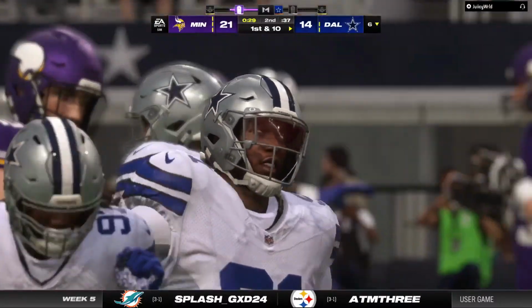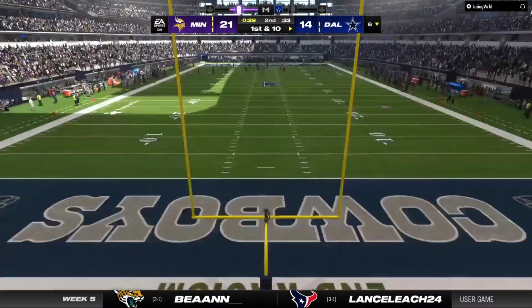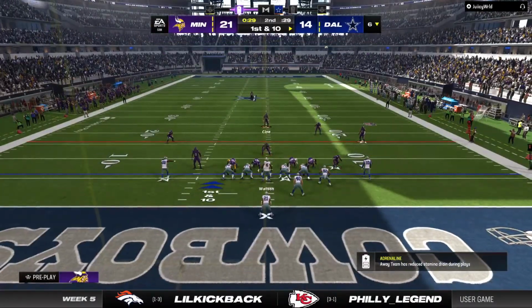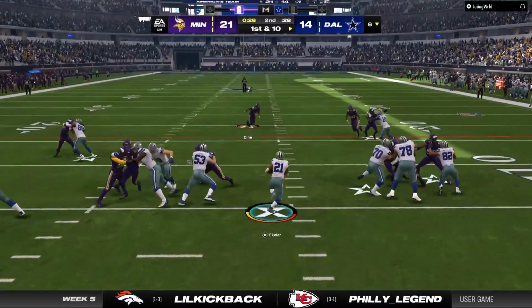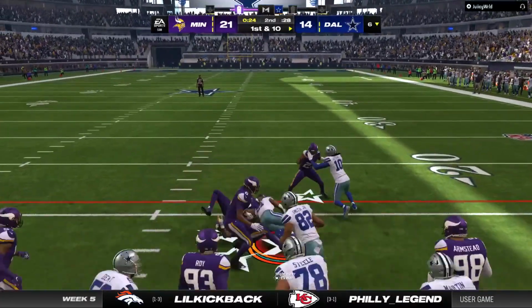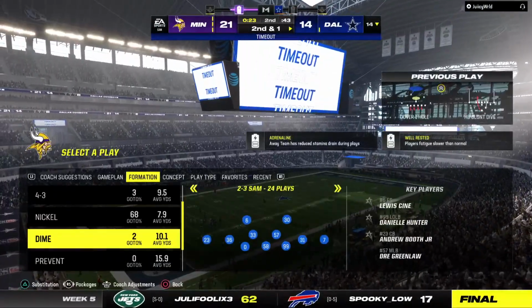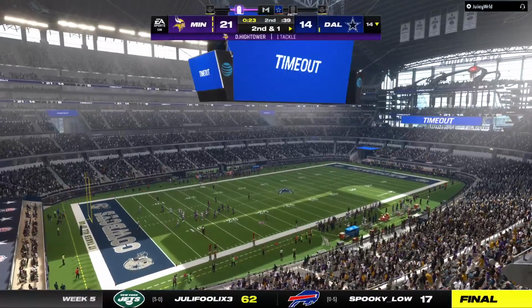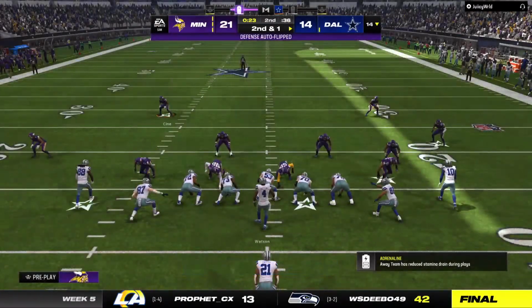Now, meanwhile, they go for it on 4th down, and my goodness, incomplete. So the defense has to stay out and get one more stop. They were able to do it, forcing the incompletion. So on their record, that goes down as a successful play. It doesn't matter how they got there, how it happened. They got it done. They're the ones that are jubilant. The Cowboys going to use their 2nd timeout now, as the stoppage will come with 23 seconds to go till halftime. Just need a yard